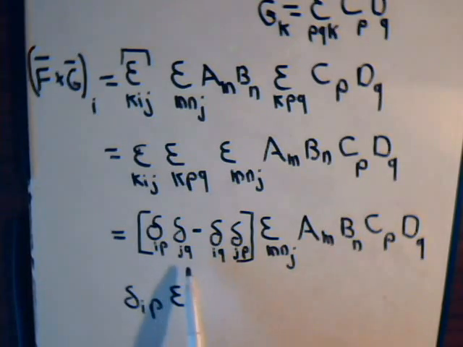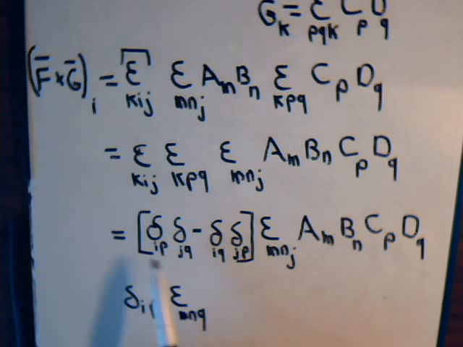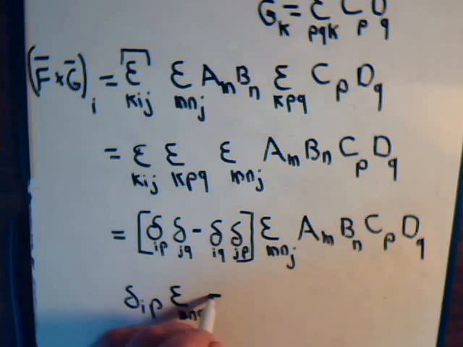Okay, J has to be Q. So that's going to turn this to a Q. So we have M, N, Q. This has no effect on it because none of these indexes match. So this is still delta IP. This is now epsilon MNQ minus